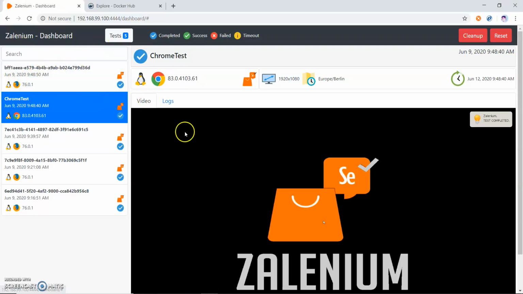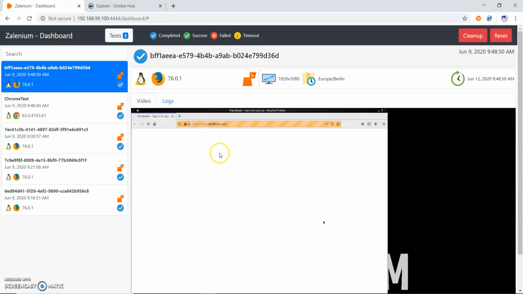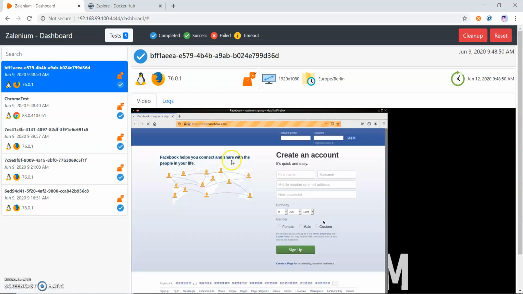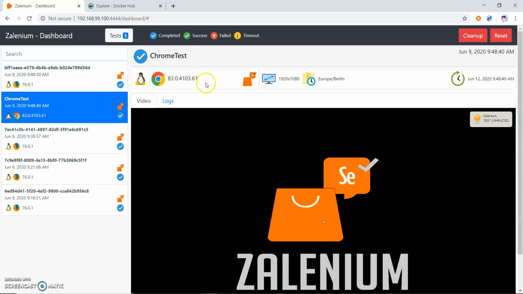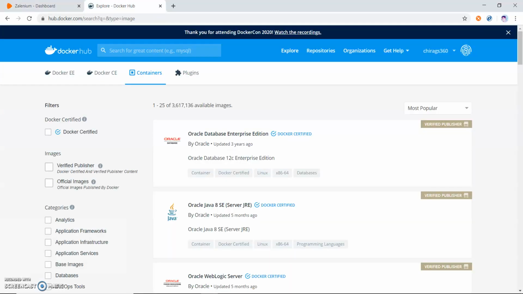So this is the Selenium dashboard. You can see that Selenium Grid gives more advantages, more things. So why do we use this? It records the video of the test case we are going to perform. You can see here that the video shows Firefox opening. Here the video shows how it opens the Chrome browser, what the versions are, all these things we can use with Selenium. So we are going to see this in this series, and this is Docker Hub.